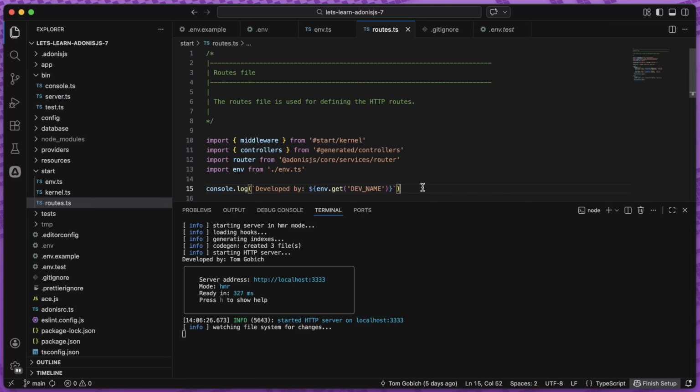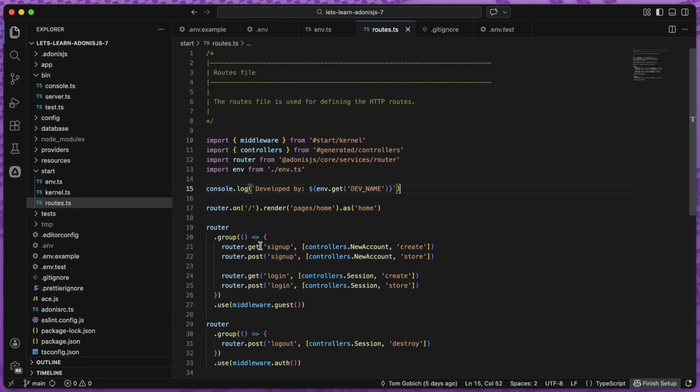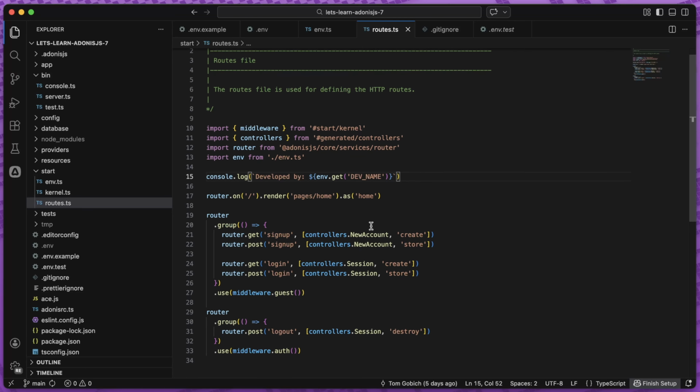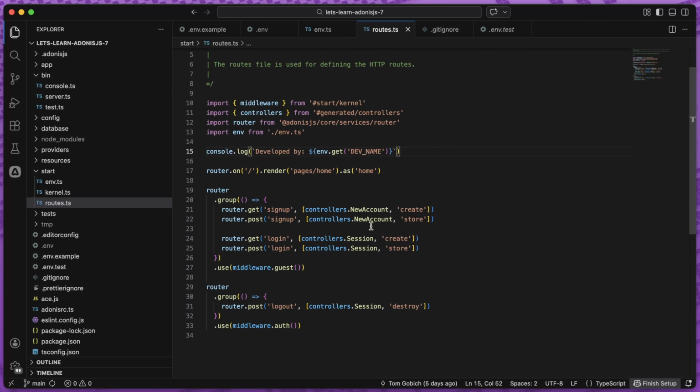So we know that our route definitions are imported and used during the preload stage of our application's lifecycle, and they're housed within the start directory within the routes.ts file, which we have opened up here. We can also see within here that the Hypermedia starter kit has given us a few predefined routes. We also saw these routes within the list routes command that we took a look at within the ACE CLI as well. Right now, we're going to completely ignore the existence of these lower routes and just focus on the